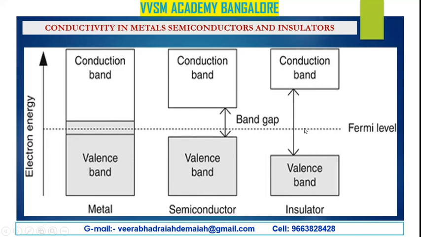This is the forbidden gap, and the band gap is also called the Fermi level. Depending upon the Fermi level, the properties of metals, semiconductors and insulators purely depend on the forbidden gap, and the band gap is a very important phenomenon in the conductivity of metals, semiconductors and